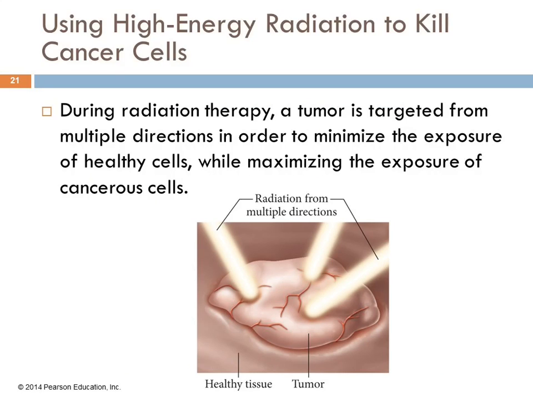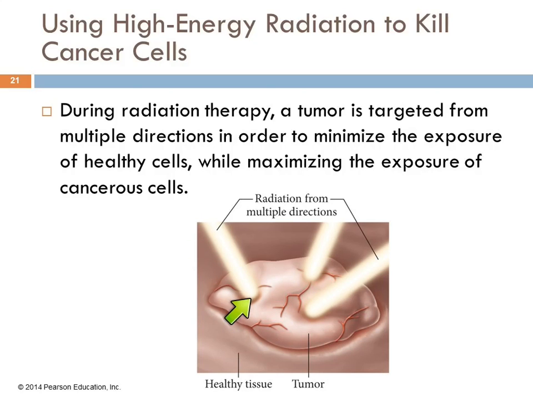We can use high energy radiation to kill cancer cells. Gamma rays, X-rays, radiation in that range will damage cells. Well, we can use that to our advantage to kill cancer cells, which are reproducing out of control. The thing is, you have to figure out how to kill the cancer cell without killing all the rest of the stuff around it. One way they do that for radiation is they'll take multiple beams and focus on the